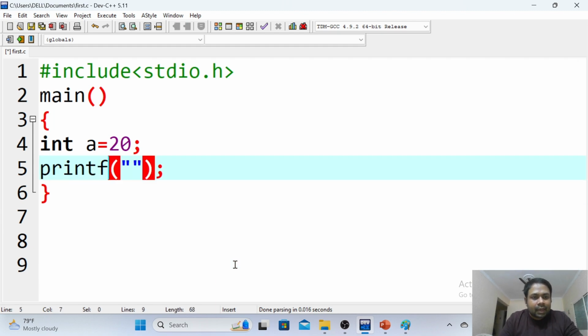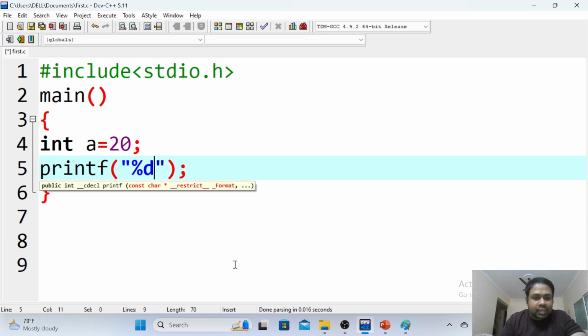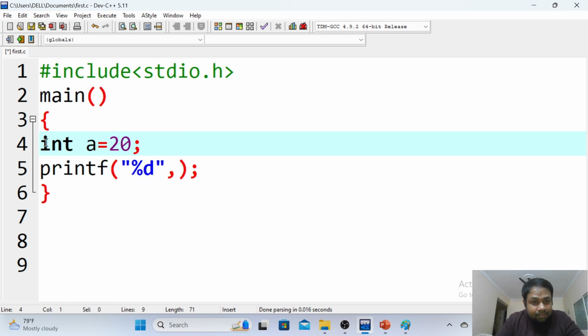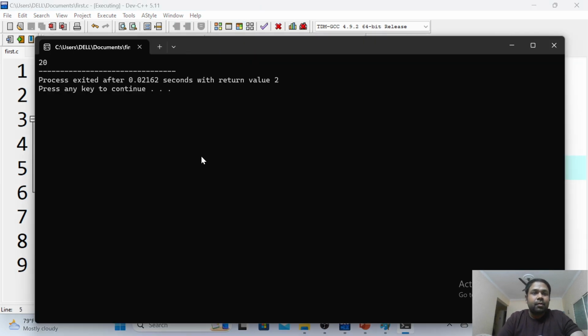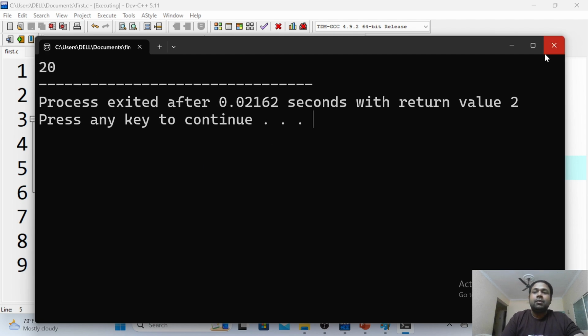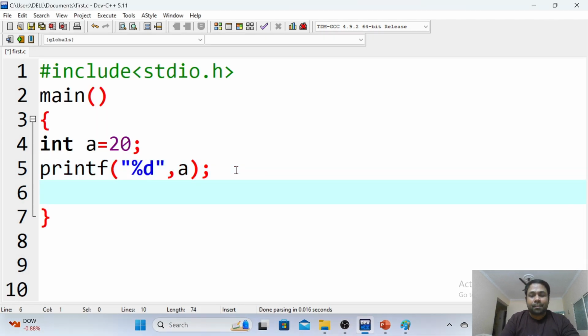How we have to write, again I am showing you. Write %d as it is an integer. That's why, as it is an integer type, I am writing %d. For the other types, there are some other things we need to talk about. I will talk about that later. Who is having the value 20? A. That's why I write A. Now see again, what is the output I am getting here? 20. Right? After that, I am printing printf